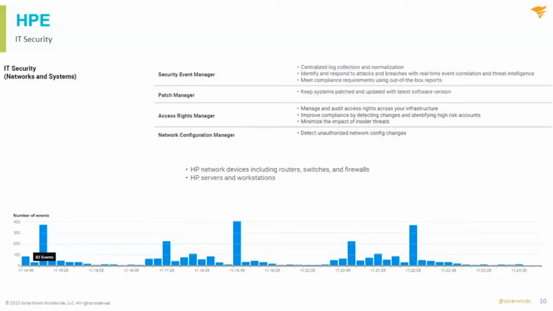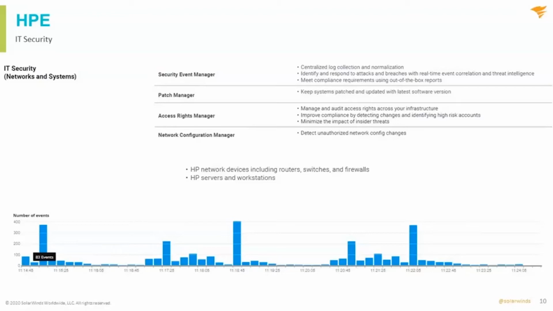Access Rights Manager, which is really looking at user permissions management and making sure that users can only see the data they should be seeing. So data leakage prevention, a data protection type solution in there. And it also does provisioning for users. So if there's new accounts being added or accounts being deleted, you can manage that through Access Rights Manager.